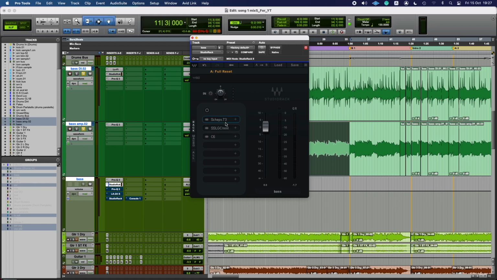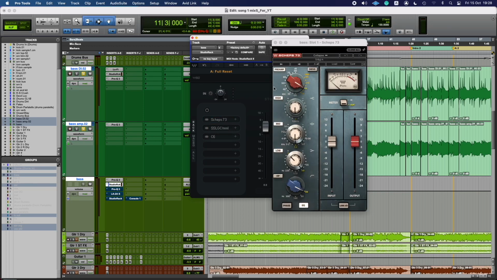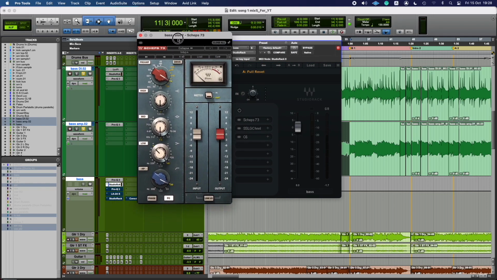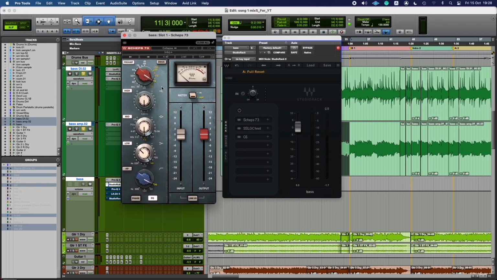I wanted to have these two plugins side by side, and there's a good reason for that. The reason being, this is a trick used by legendary engineer Andy Wallace, if I'm not mistaken. I'm pretty sure that I saw someone else doing this on another YouTube channel, and I think he's the sort of inventor of this technique, which involves what? It involves using a Neve or sort of a Neve-style plugin like the Andrew Shep 73 here, and I'm pushing